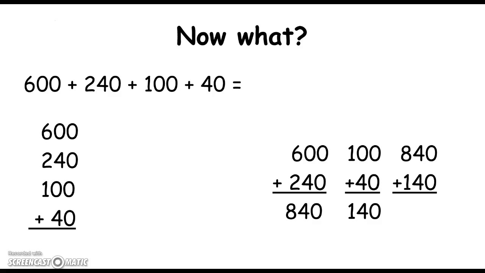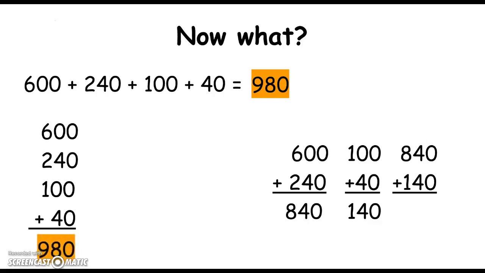Now that we have found all 4 products, we need to take the answers to each of our problems and add them together. You can simply string these numbers across and add 600 plus 240 plus 100 plus 40 and receive a product of 980. Sometimes it's beneficial for us to organize our numbers vertically, which would mean that we're lining them up and down by place value to help us organize them in a way that's easier for us to see our answer,